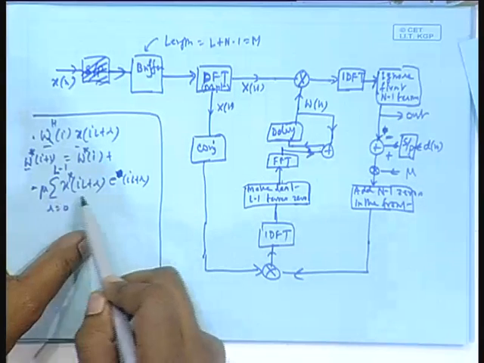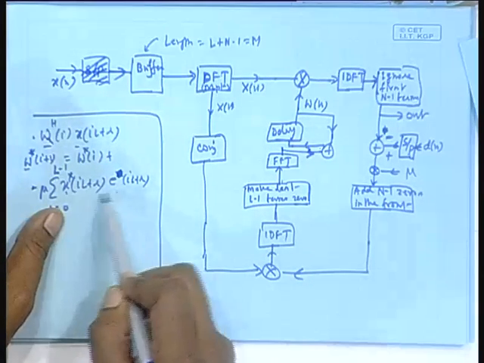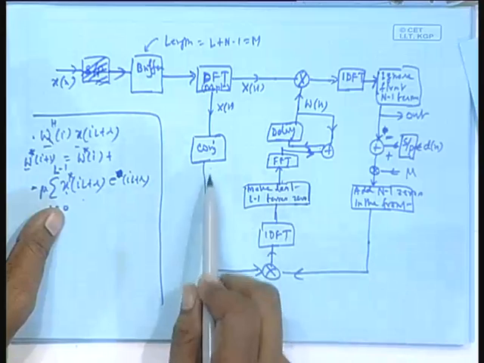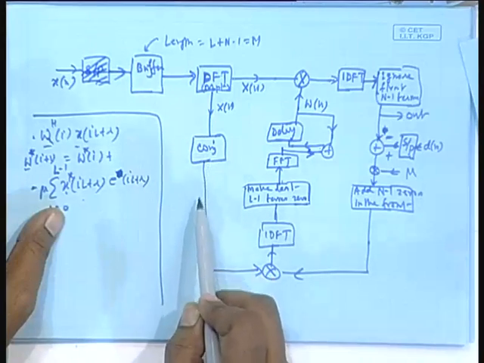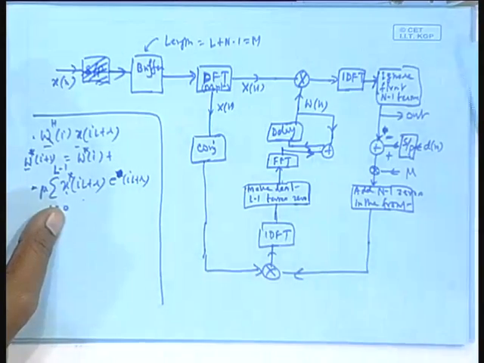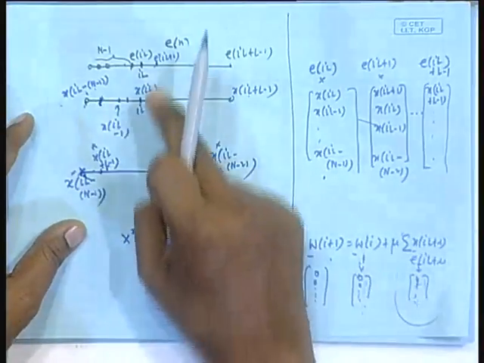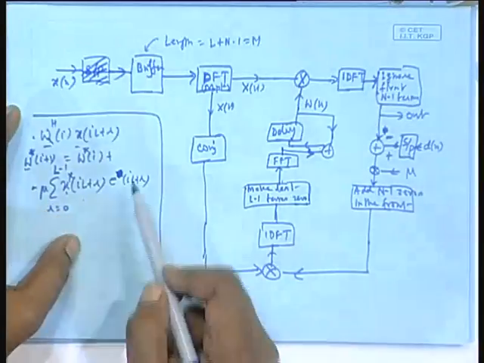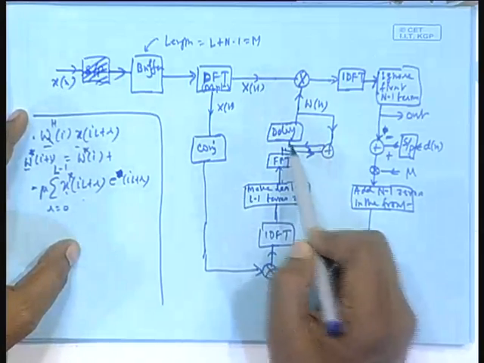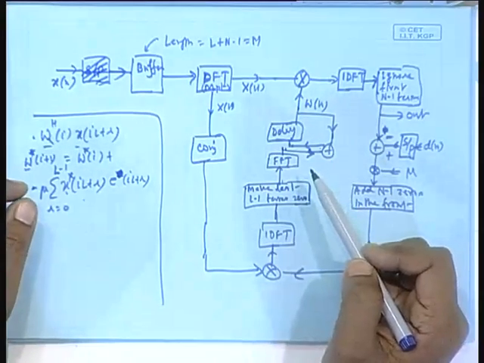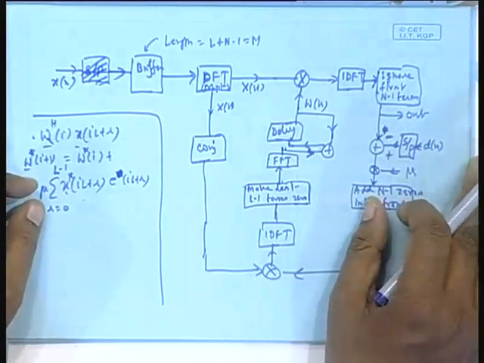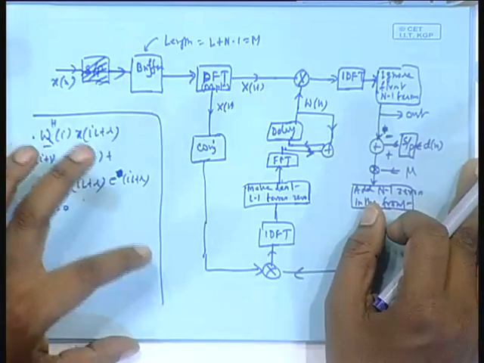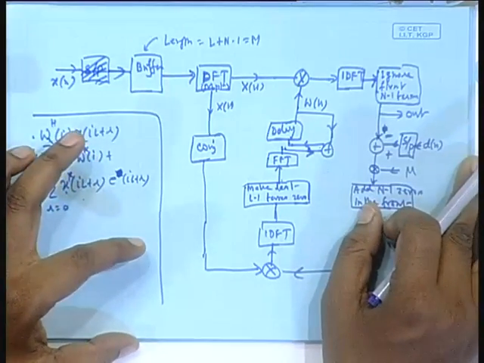and therefore, mu into this part should come, but that is coming because of this conjugate times this and IDFT. I told you that amounts to what? Circular convolution between the two with a star here. Okay, so, this part comes here and added and held back. Okay. This is a very exciting result. And that is why I did it.